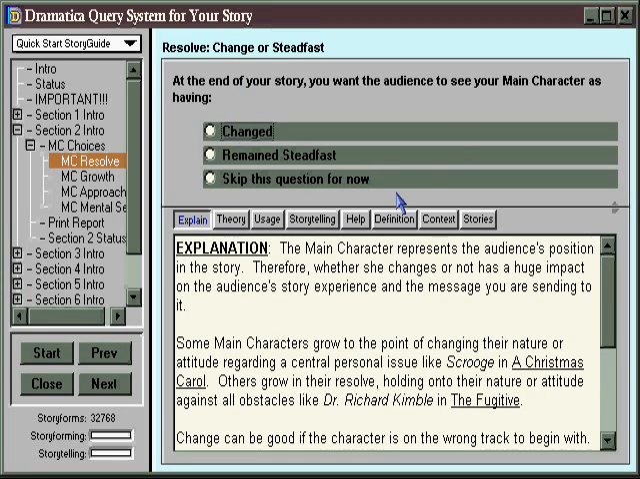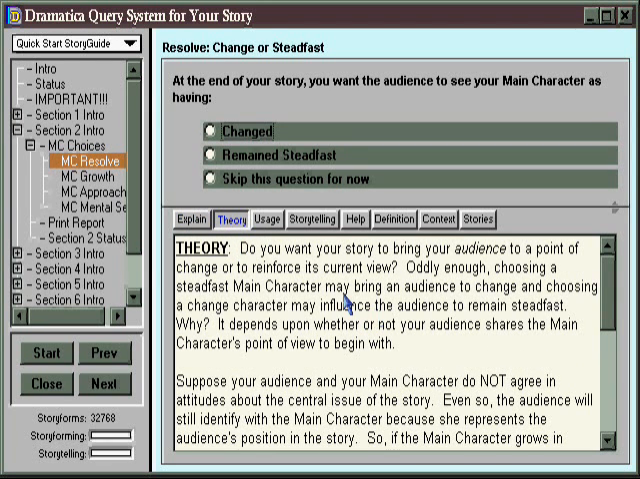Every main character is either going to grow to the point of change or grow in their resolve to stick by their guns. If you don't make this choice, your story's structure will be weaker. To help you make choices in the story guide, there's an Explain button, which describes the basic question in a little more detail, a Theory button, which tells you dramatically why this question is here in the first place,